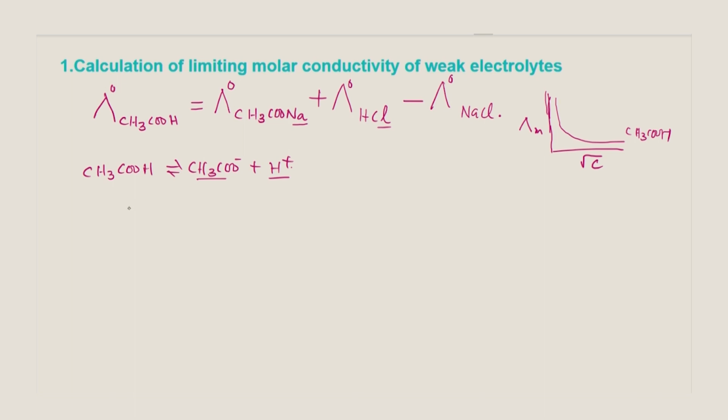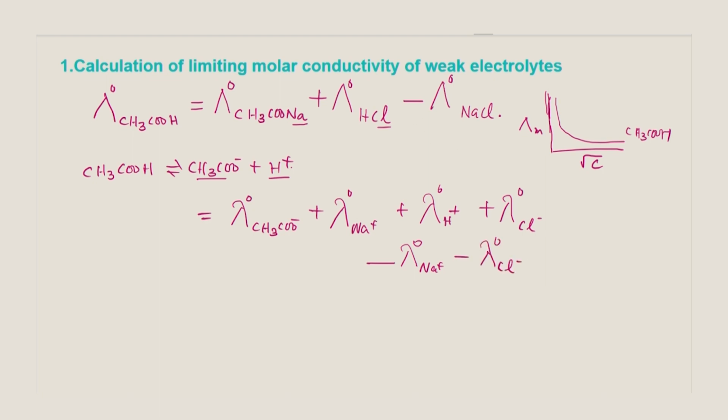Now, let us see whether it is correct. Lambda 0 of sodium acetate can be considered as lambda 0 of acetate ion plus lambda 0 of sodium ion. In case of HCl, that will be lambda 0 of H plus plus lambda 0 of Cl minus. From these two values, we have to subtract the lambda 0 of NaCl, that is lambda 0 of Na plus minus lambda 0 of Cl minus, because minus is common for both. Now, cancelling the common terms. Here we have plus lambda Na plus, this is minus lambda Na plus, this is plus lambda 0 Cl minus, and this is minus lambda 0 Cl minus, and finally,